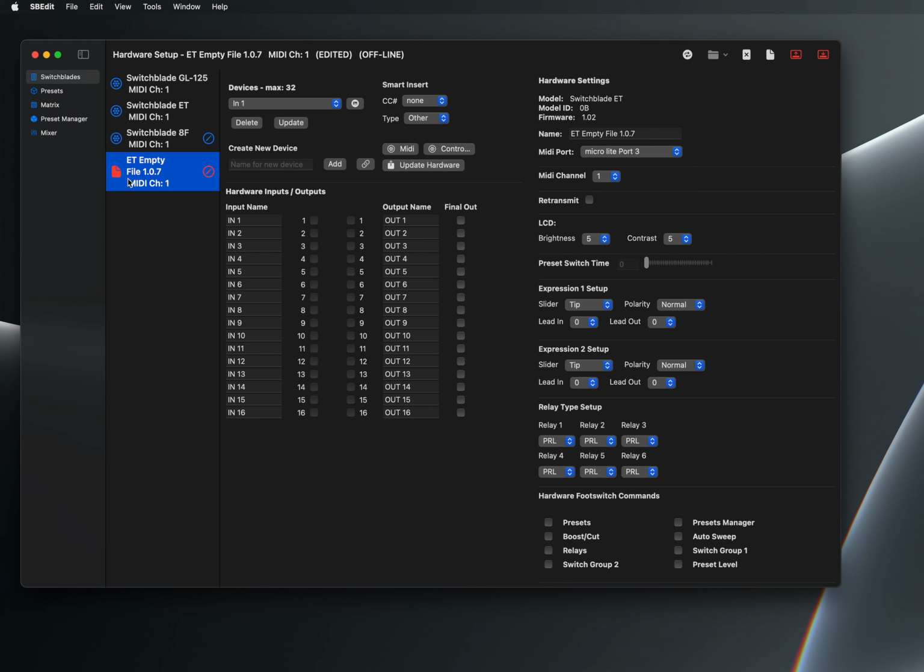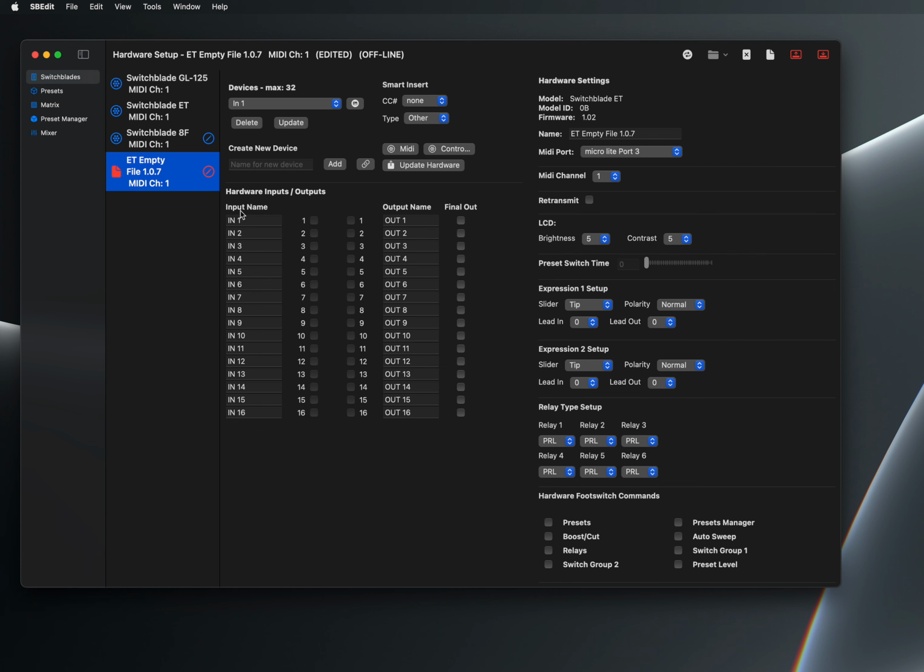Now you'll also notice it's red, and that these icons are red. That's noting that it is currently offline. So if we ping this device on port 3 and MIDI channel 1, it's not responding, okay? The interesting thing is that we have an 8F on my port 3 MIDI channel 1, but since it doesn't match the model ID, these guys aren't supposed to talk to each other, okay? Now, this could still be kind of dangerous, so be careful writing to an offline device and things like that, because right now I don't disable that. If you think I should, let me know. In any case,